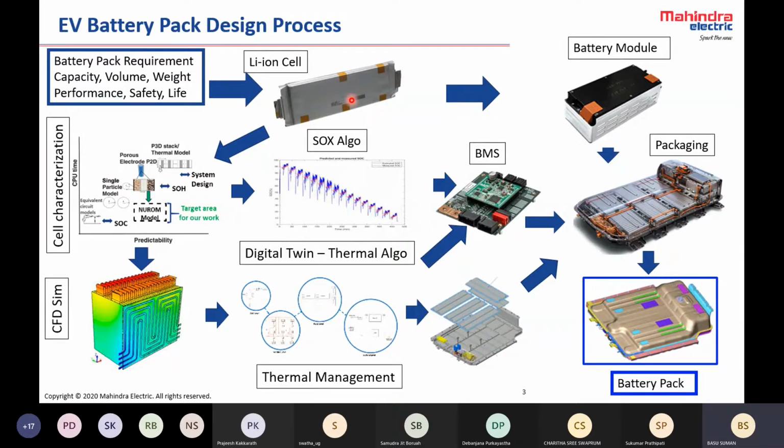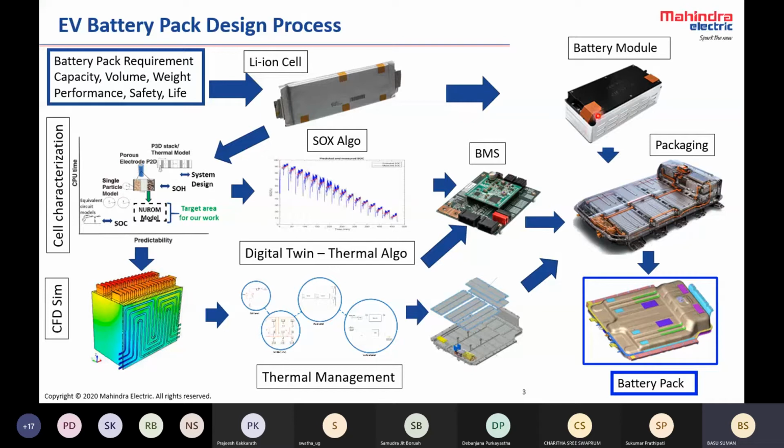So what we do generally for pouch cells is that we make a module out of it. Pouch cells are all connected and protected by this module. Outside there will be terminals which get connected by bus bars for making the battery pack. So this module design is a very interesting and complex work, because inside this module you have the cells. Cells must have one particular dedicated surface for this kind of thermal management.